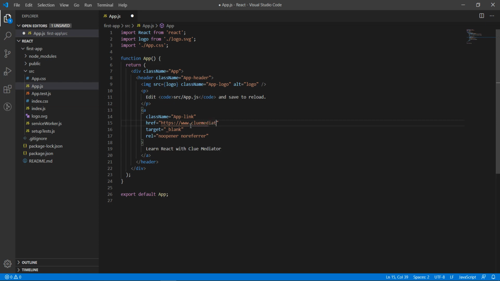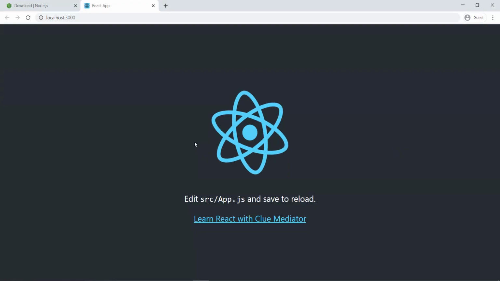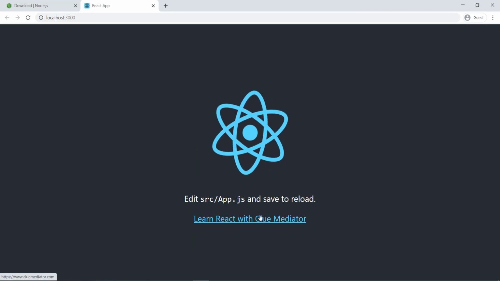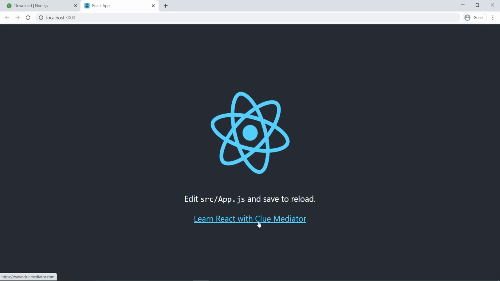This is our site, which you can refer to later, where we have provided a list of articles on React.js. When we save this file, it will automatically reload in the browser. Let me show you. You can see everything is updated with the new text and the link.